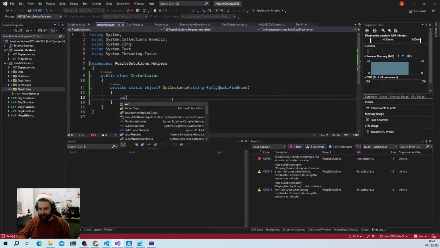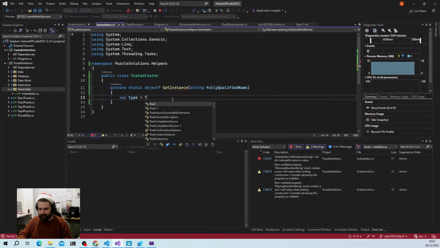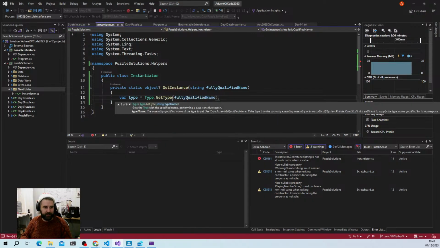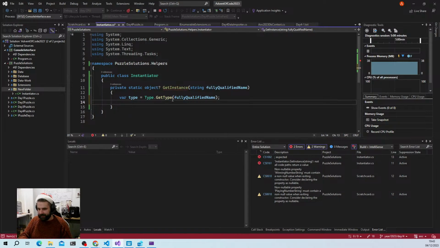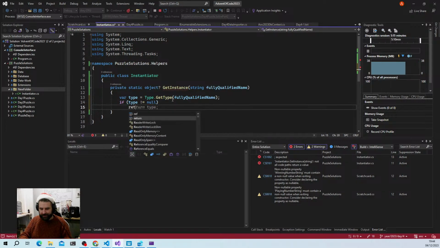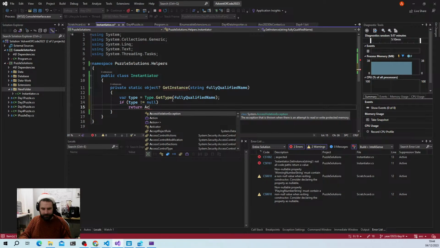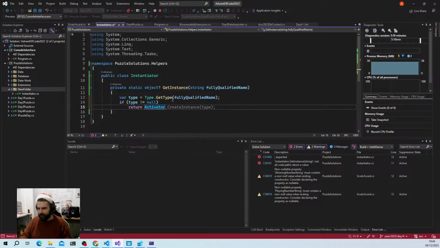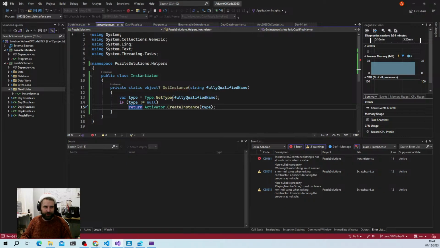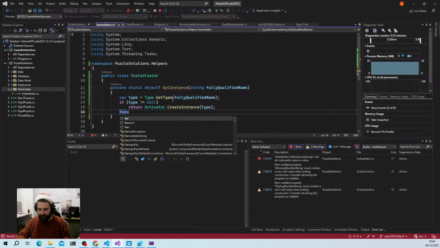First thing we're going to do is say var type equals Type with a capital T dot GetType, and we're going to pass in that fully qualified name. We're then going to say if type does not equal null, then we are going to return Activator.CreateInstance(type), the activator, the instantiator. So good. Okay, if that's not the case, we're going to say foreach